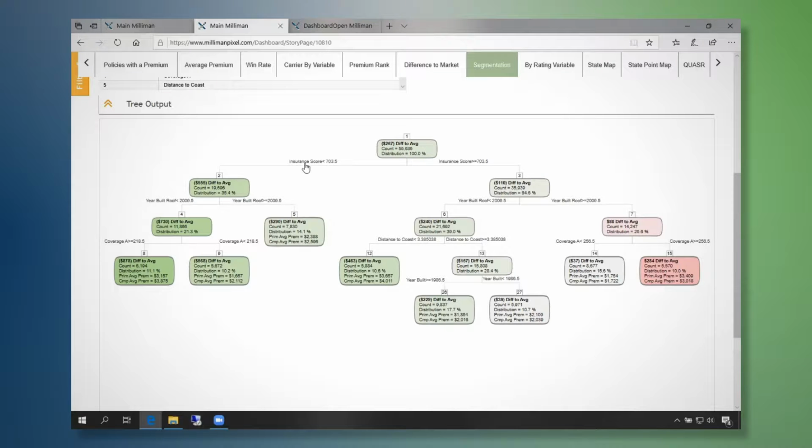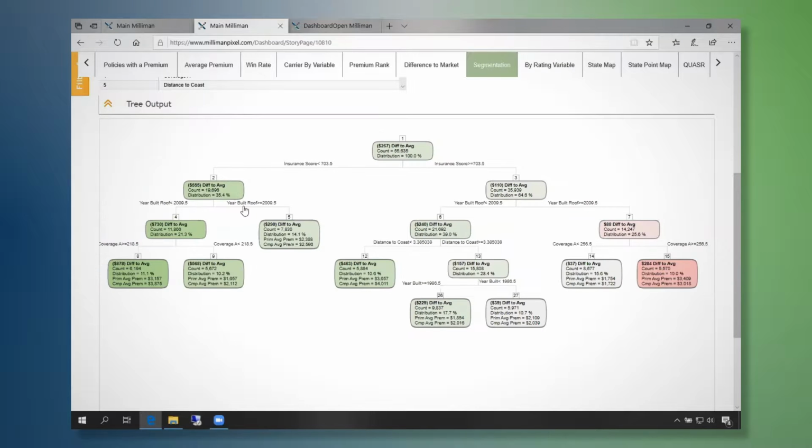So as you can see here, the insurance score is the biggest difference in that lower insurance scores generally were like the Citizens premium is $500 below, compared to, for better insurance scores, they're only $100 below. That's likely because Citizens doesn't rate on credit or insurance score, and most of the other carriers that are loaded do.